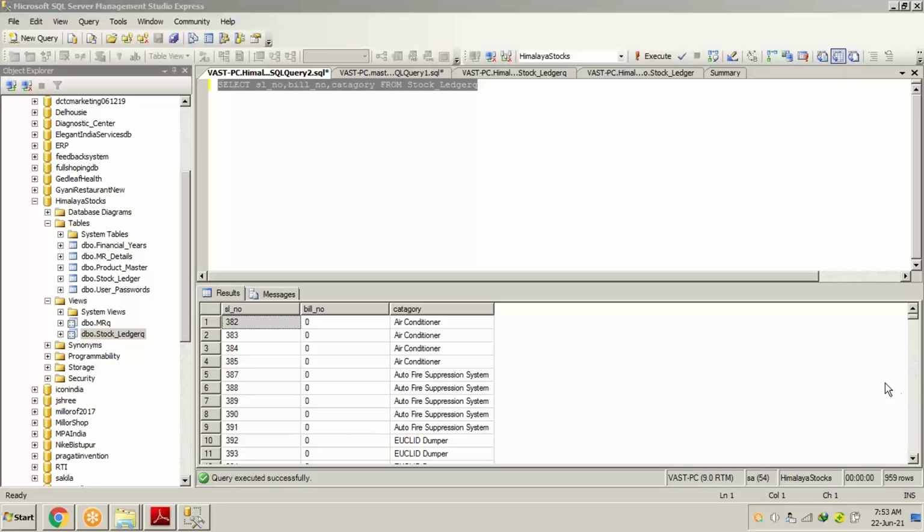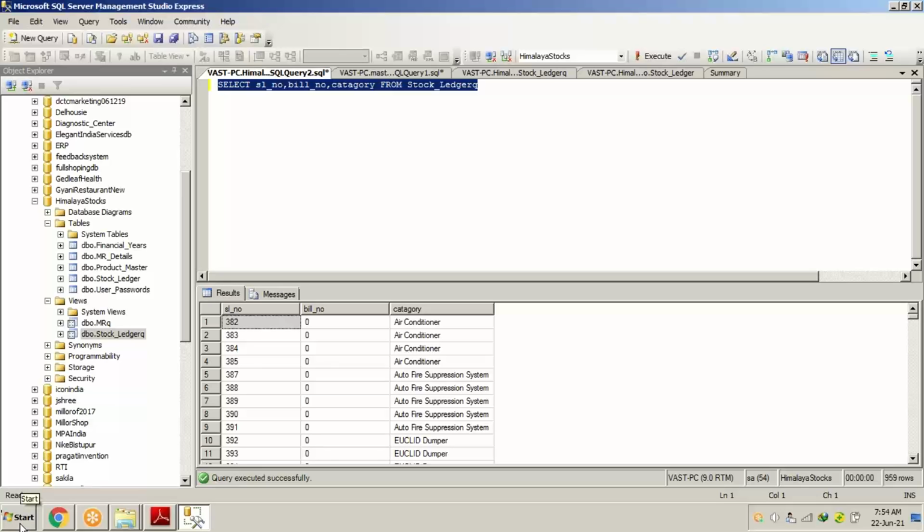Now I want to know from you all, till here, the SQL statements select star from table name and select field name from table name, whatever I have done, is everything clear so that I can proceed further? Please respond. Anybody? I got only one answer. What about the others? Okay, thank you. So this SQL statement we are going to use in our project.